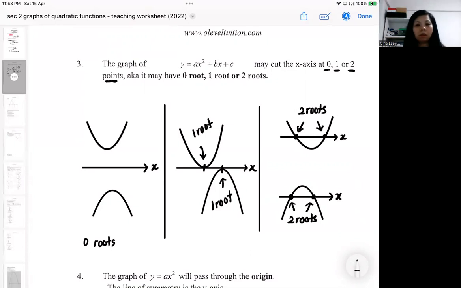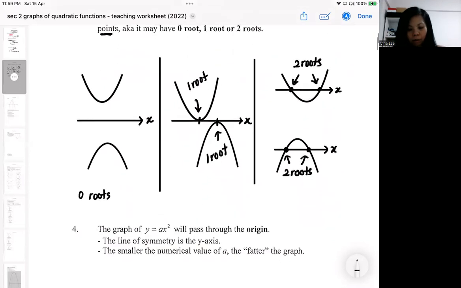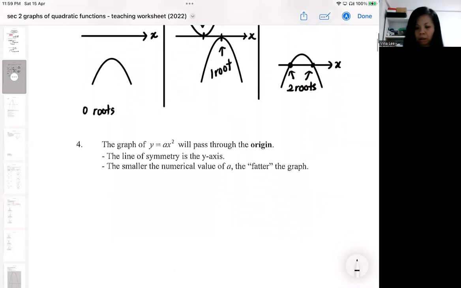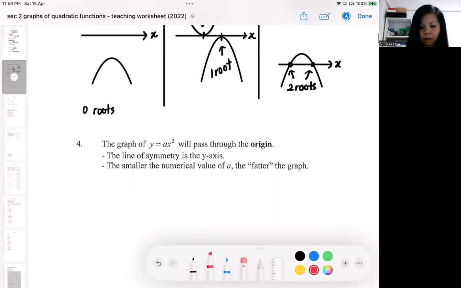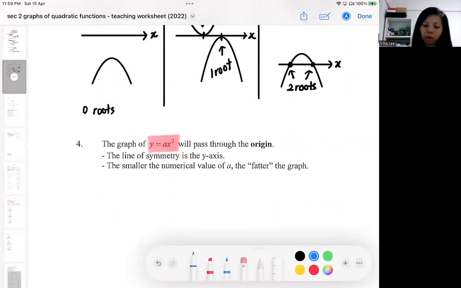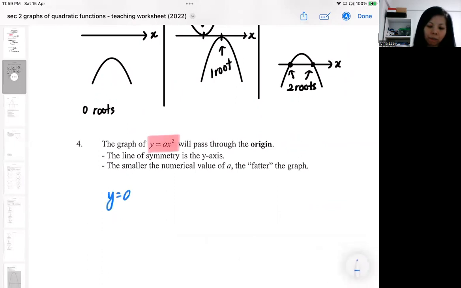Okay, so this one is a feature that you will be seeing over and over again, particularly if you do Set 3 A Math. Now, let's say our quadratic function is in the format of y equal to x squared. So what is the difference between y equal to x squared and the normal quadratic function? If you compare this versus the quadratic that I mentioned just now,